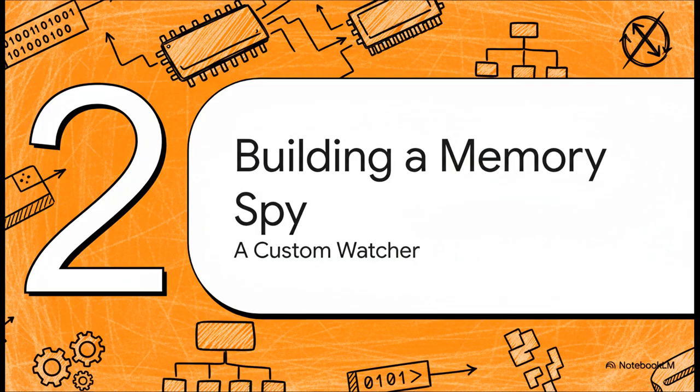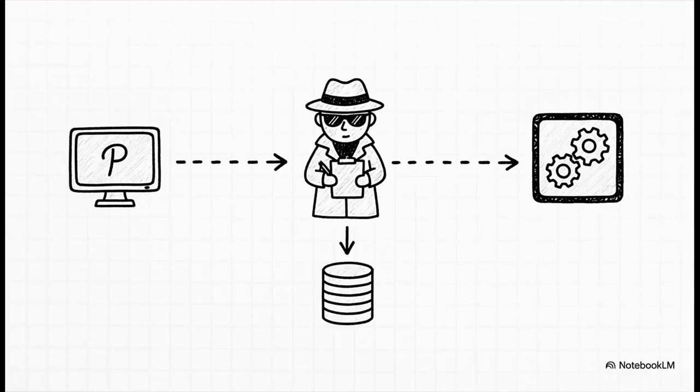Okay, so how are we going to build this spy? We're going to create our own custom memory manager. But here's the twist. It's not actually going to manage any memory. Nope, it's just going to watch and report back on everything it sees. The idea is actually pretty simple, but it's really powerful. Our spy is going to act like a middleman. Every time the program asks for memory, the request has to go through our logger first. It'll just scribble down what happened, who asked, how much, and when,